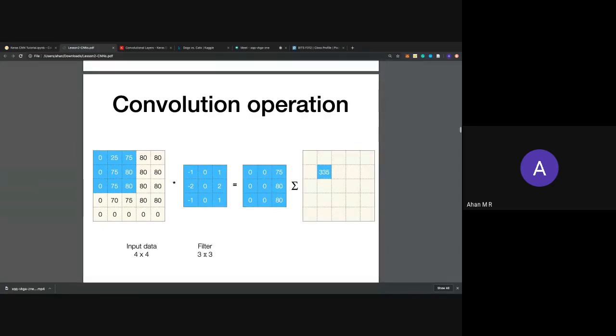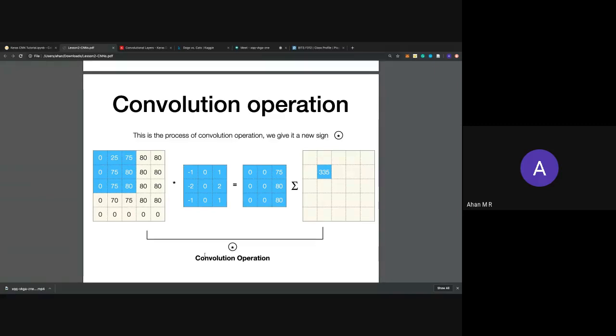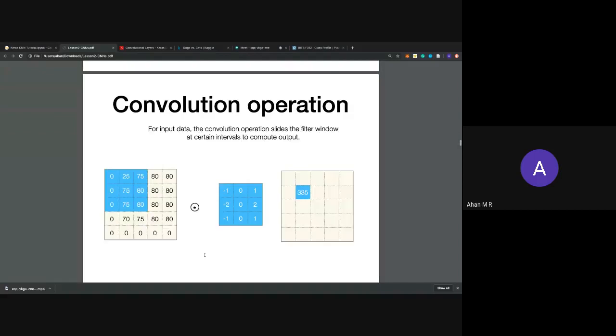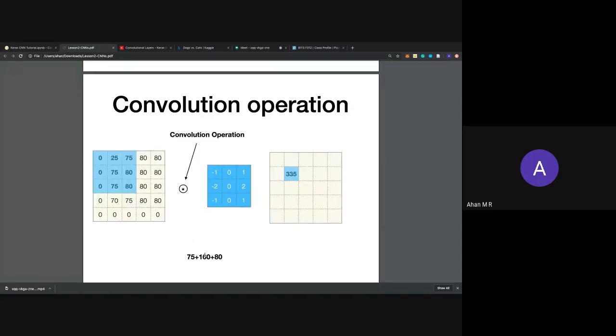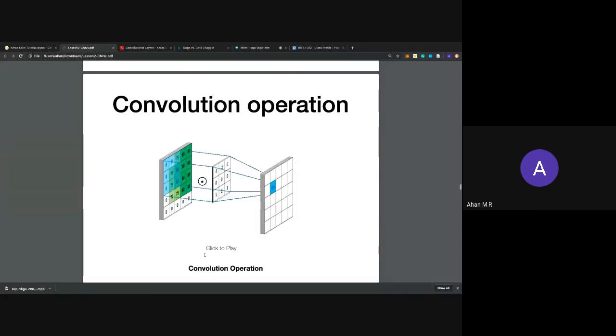One important thing is the bias. There is a variable called bias which is added to your values. Convolution of this particular filter with this part of the image gives you 335, 75, and so on. This is how it looks spatially.